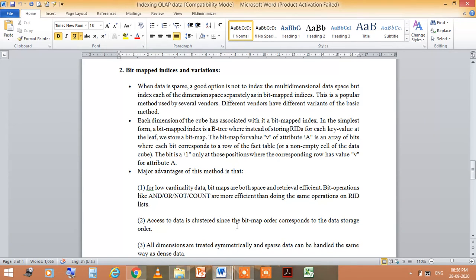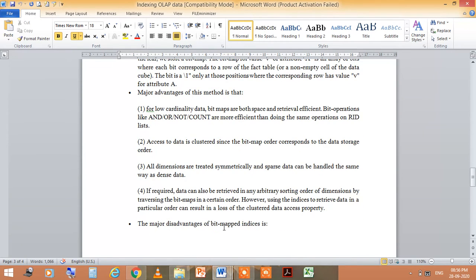The major advantages of this method are: first, for low cardinality data, bitmaps are both space and retrieval efficient. Bit operations like AND, OR, NOT and count are more efficient than doing the same operations on row ID lists. The second advantage is that access to data is clustered, since the bitmap order corresponds to the data storage order.